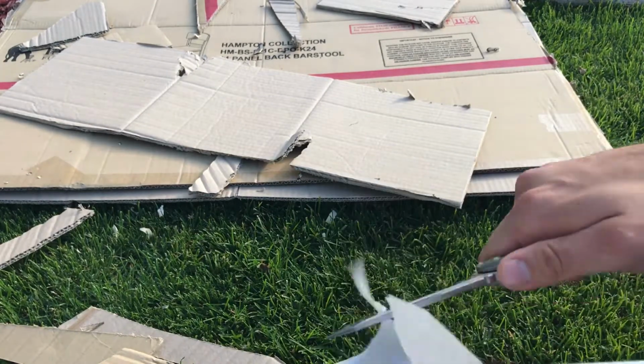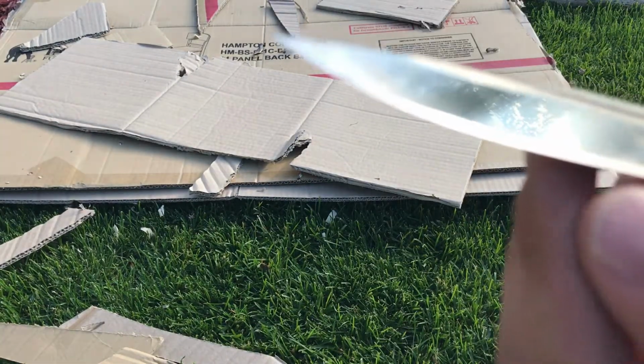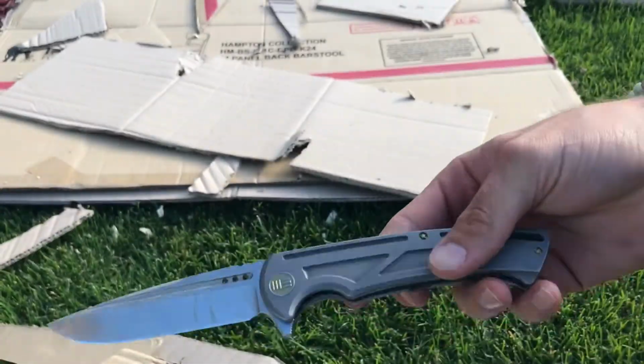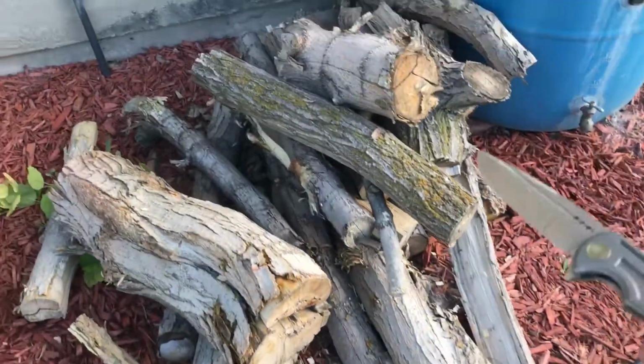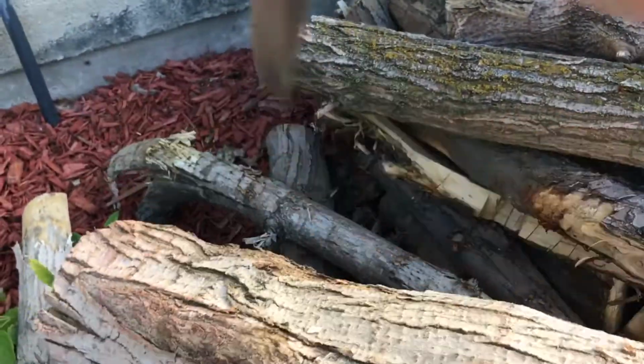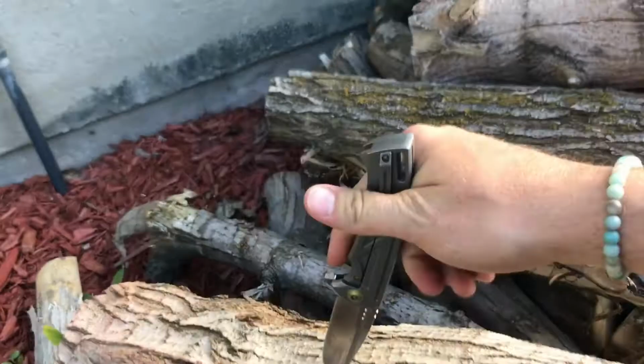Get a little bite here and there. I think I got a little nick in it. No, I think it got just a tiny bit toothier, but after all that use, the 614 held up really well. In fact, I think what's most impressive is that this has the capability not to